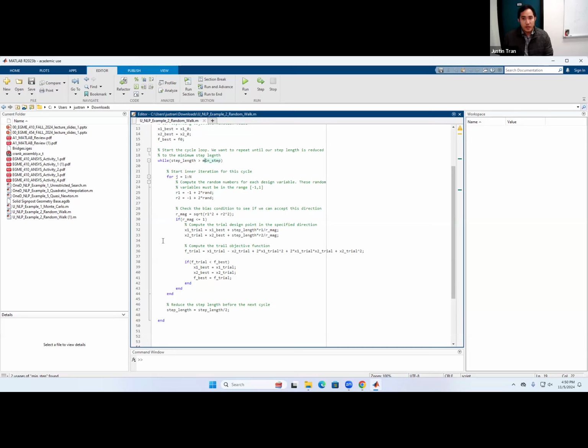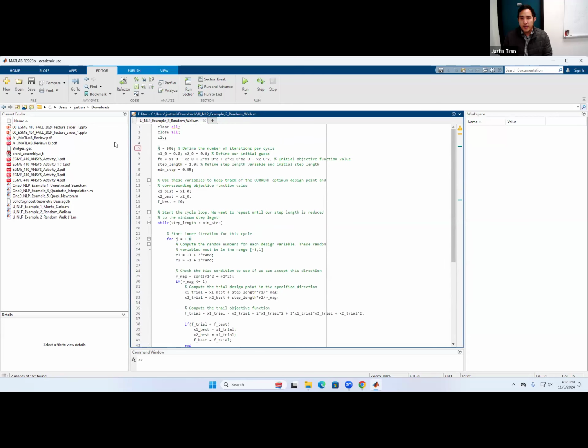Okay, and then once we're inside, we start the inner loop. Remember, the way the inner loop works is that we take a fixed number of random steps from our current location until we have to reduce the step size. Okay. So we have a for loop from j equal to 1 to big N, and big N was that variable that we defined earlier.